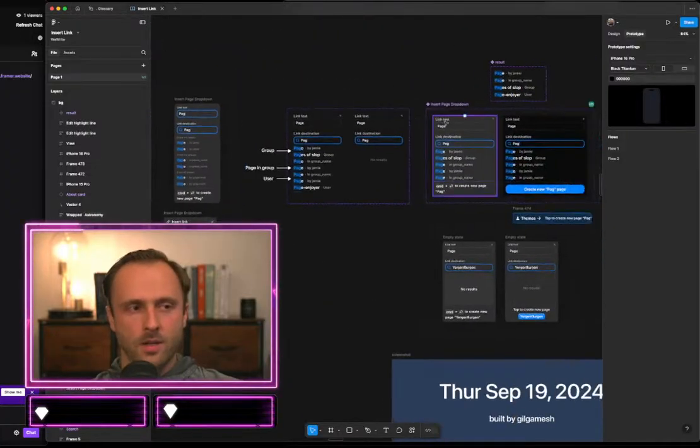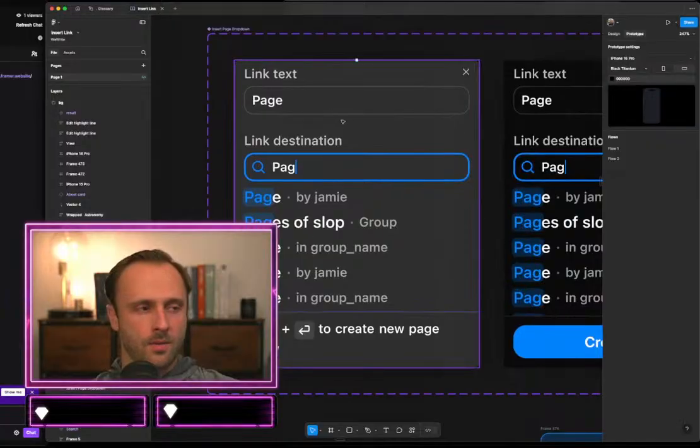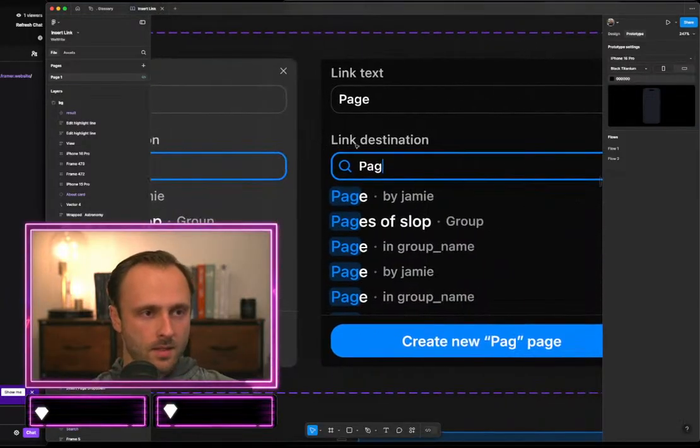And then on desktop, it'll be like a drop down inside like in context, but on mobile, it should be